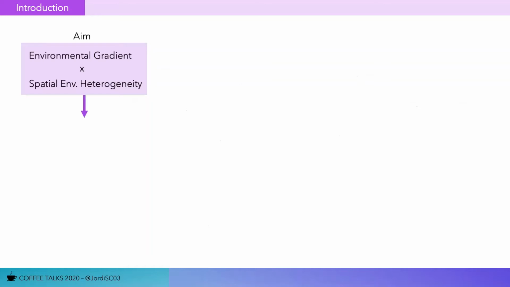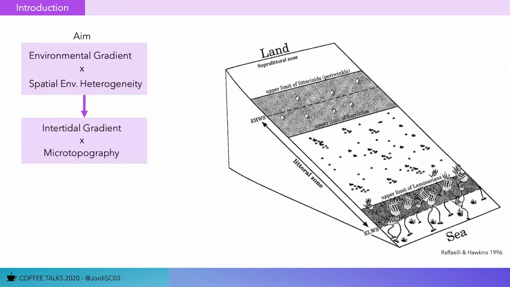So let's just jump onto the aims and hypotheses. My aim, as I said, is to study the interaction between an environmental gradient and spatial environmental heterogeneity. But how can I translate that to the rocky shore case? Basically, I look at the intertidal gradient and the micro topography of the rocky shore. The intertidal gradient, I've already shown you what it is. And the micro topography, we're just